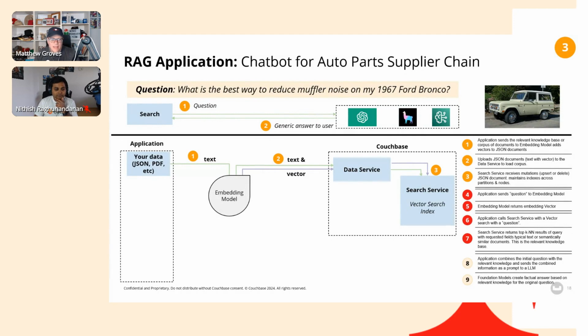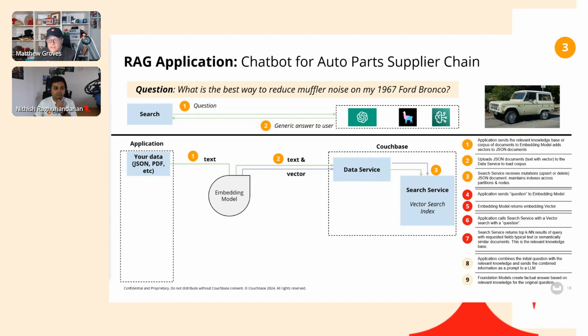Okay, you take that data and you run it through an embedding model. You can go through chunks of that, and so everything is turned into vectors. And then that's stored with the text and the vector in Couchbase. So it might be a chunk of text stored in Couchbase with the vector. And then you create, as Nitish just showed, an index that indexes the vector field. It can index other fields too, but we're talking about vector here. So it can index the vector fields and get those ready to query. All right, so that's kind of the front loading. That's the initial work you have to do.